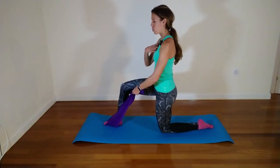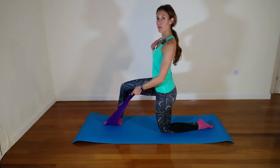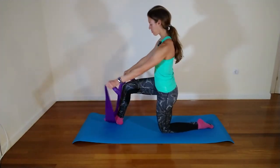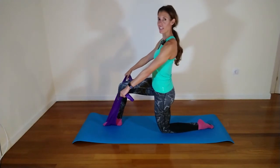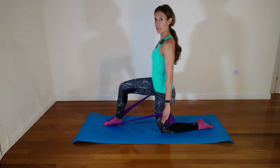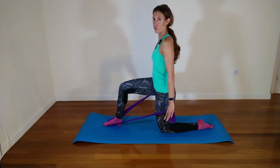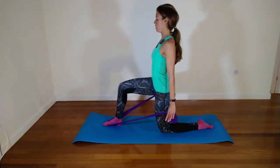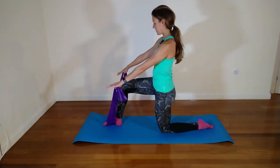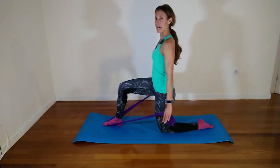But it's the same idea, trying to get the muscles that open up the shoulders working so we can broaden the front of the body. So we're going to inhale here. And as we exhale, let's just pull the band back. You can watch the shoulders don't roll. Keep them open, stay tall, and release. Breathe in. Let's go again. Pull back,